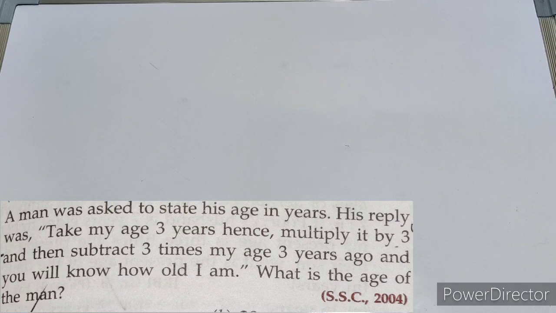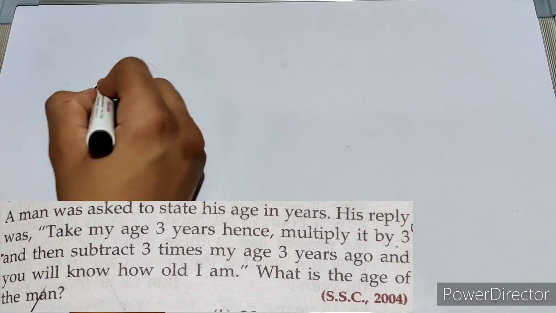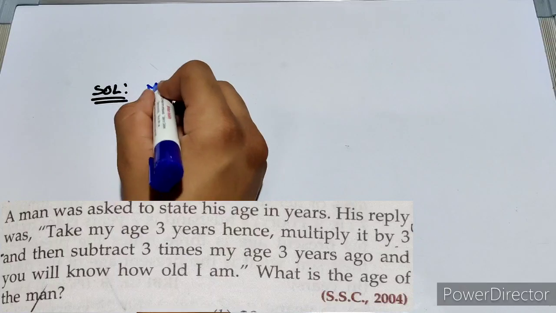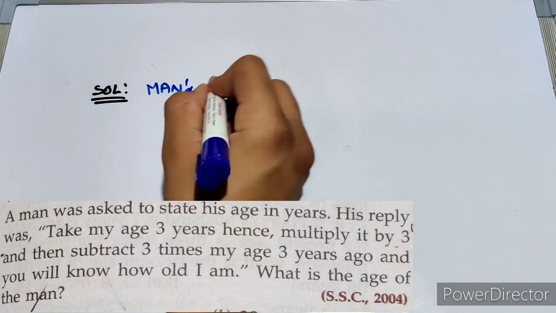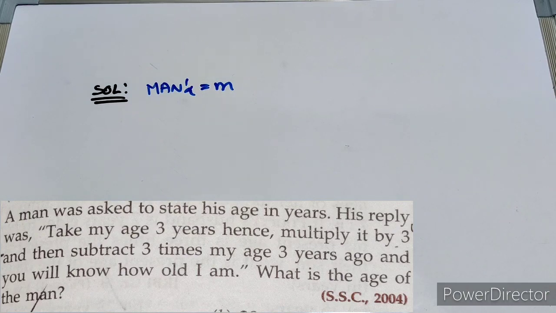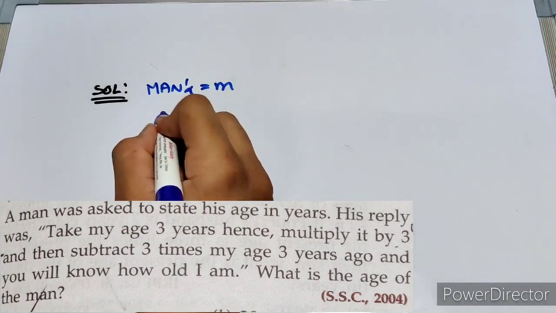अगर क्वेश्चन ऐसे डायरेक्टली पढ़ेंगे तो एकदम ट्रिकी लगता है. इसको ना हमेशा जो सेंटेंस है उसको इक्वेशन में फ्रेम करके ट्राई करना चाहिए. तो ऐसे स्टार्ट करते हैं. मैन की एज m अपन मान लेते हैं, like present age of man भी m. Now it is given, he says that take my age 3 years hence, means m plus 3,